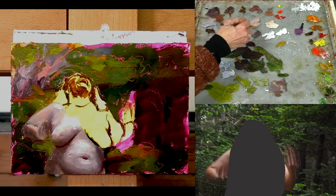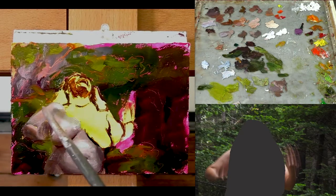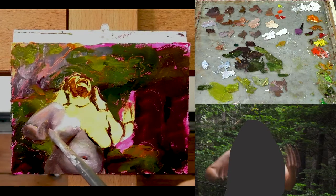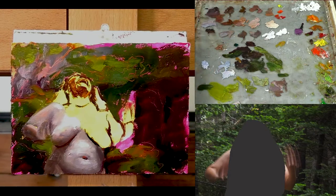I'm coming back with some lighter color here, sort of like a similar color that I used in the shoulder. I'm just going to try dragging the paint up. So I'm only moving up with this. I'm not bringing the paint down. I'm going to just wipe my brush, because now that I've dragged the brush into wet paint, it's picked up